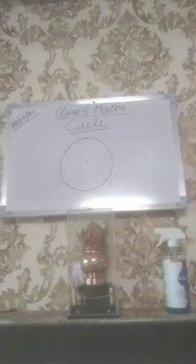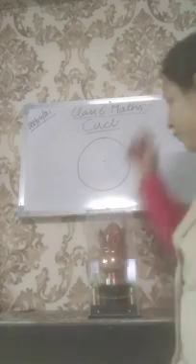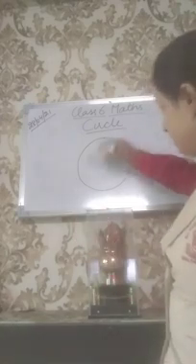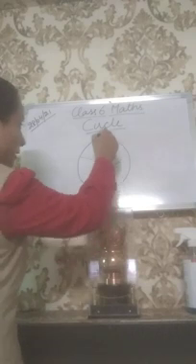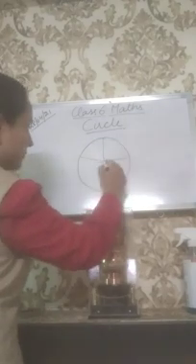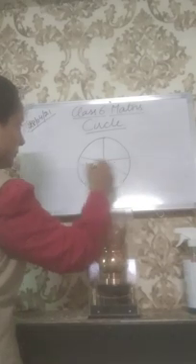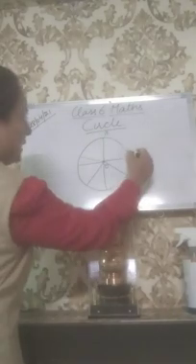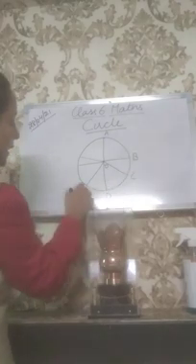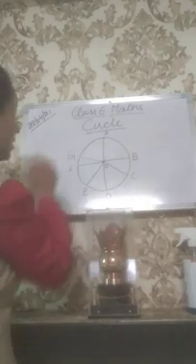Why am I drawing like this? Because when I draw like this, then the boundaries of my geometrical figure are at an equal distance from this point. See, no matter what point I select on my circle, it will be at an equal distance from my central point. Can you see that? See here. Let's just name this center point as O. Okay? And these points I'm naming as A, B, C, D, E, F and G.